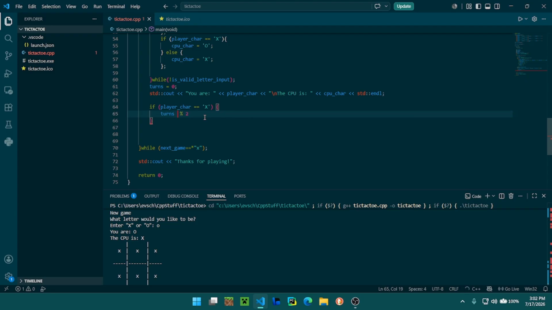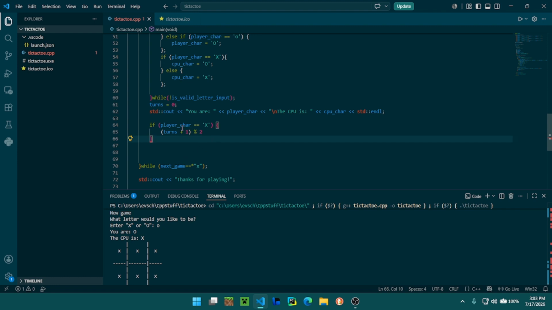And if the player is O's, then we'll just +1 or -1. And we'll do this. So it'll basically be a ternary operator here. I think that's what it's called. But let's just do that. So if our character is X,